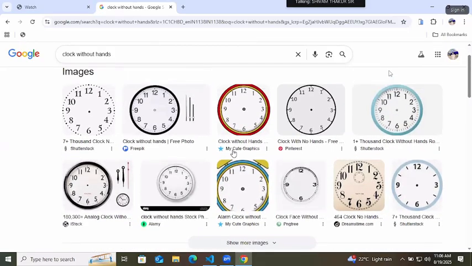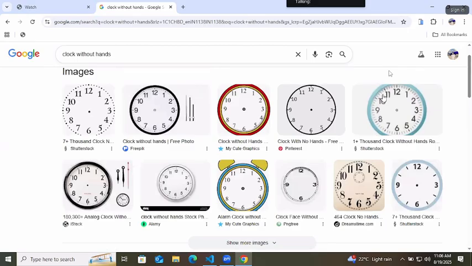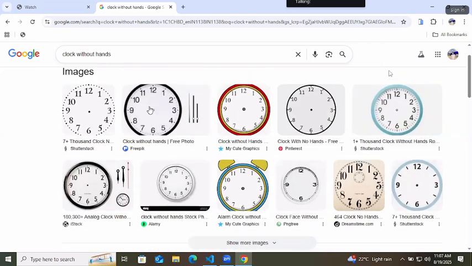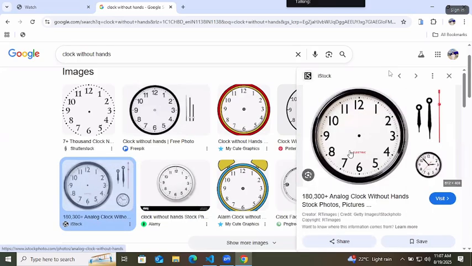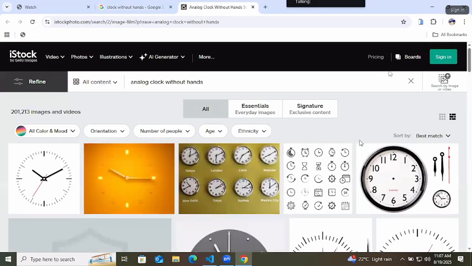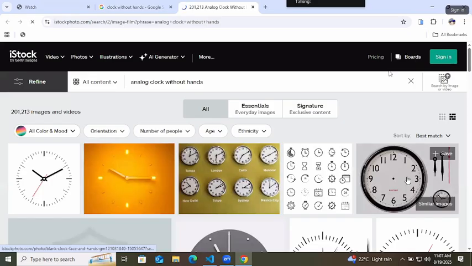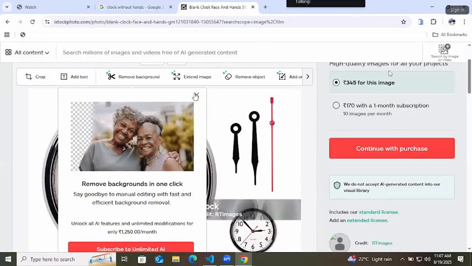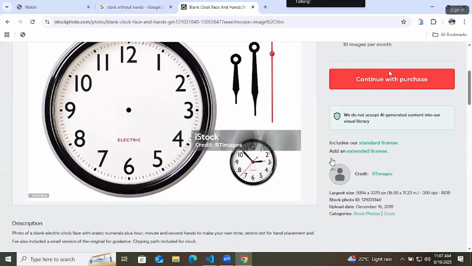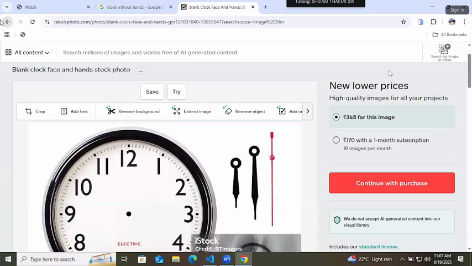We'll try to use any of the pictures like this. But this is a paid picture.